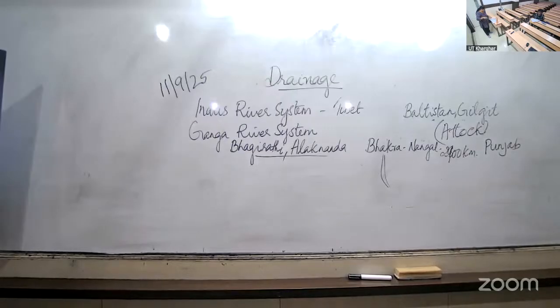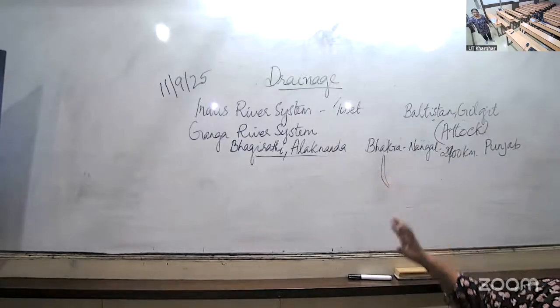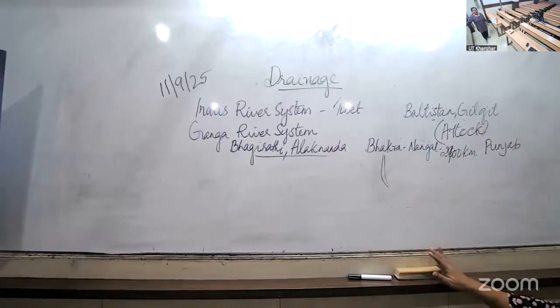Okay. Now, the main stream, that is the river itself, is moving further and is joined with the Brahmaputra. And then it gets a new name. When it is joined with the Brahmaputra, it is known as Meghna. Understood? And then together they form the main delta called Ganga Brahmaputra delta or Sundarban delta. Got it clear?